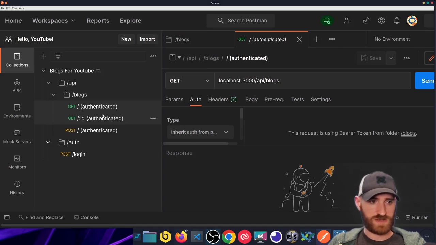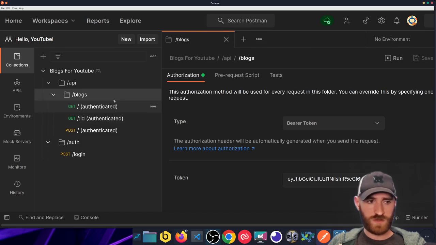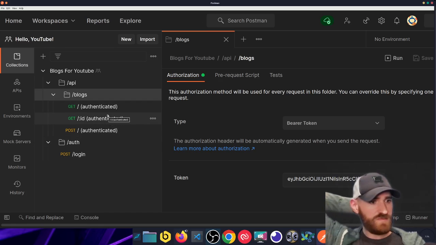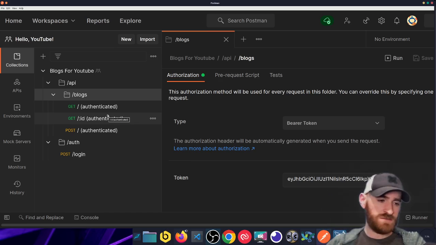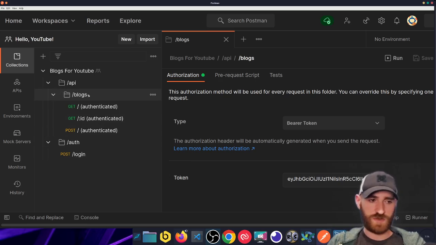Oops, didn't save that, did I? Inherit. Yep. So this blogs folder, if I want to change the token being utilized for any of these three requests, like what if I wanted to change which user was making a request? Well, I just log in with different credentials, copy and paste that token, and apply it to blogs, that single established spot here. But